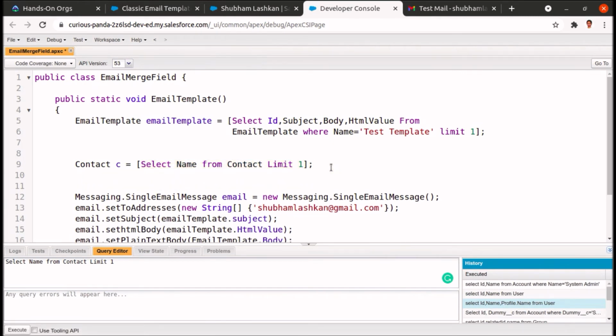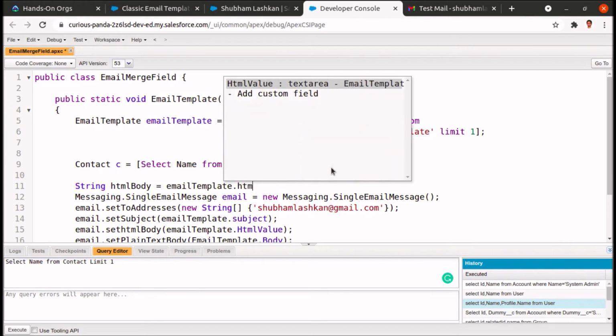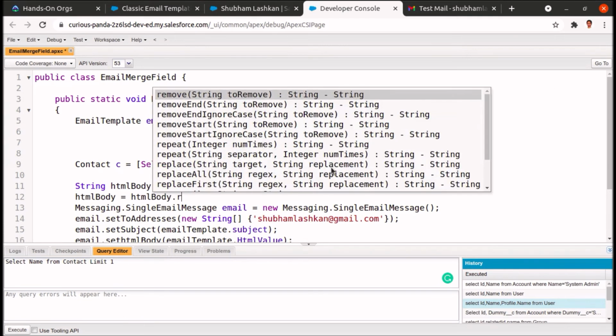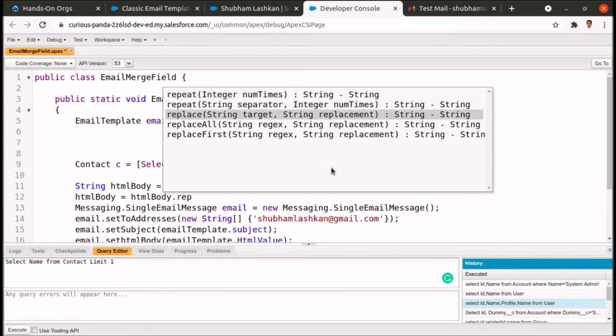So now do one thing, let's have some variables, string HTML body, which is equal to email template dot HTML value, and now I will be replacing the content by using HTML body dot replace. There is a replace function.